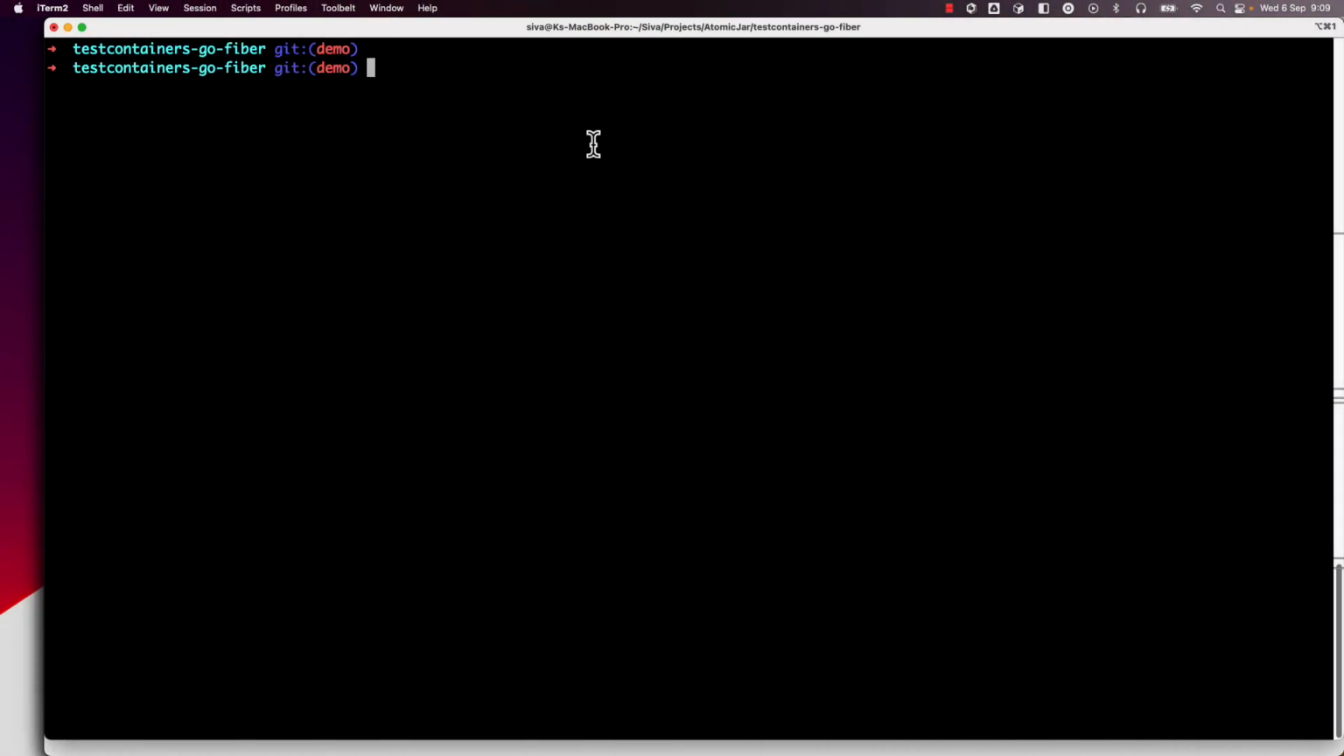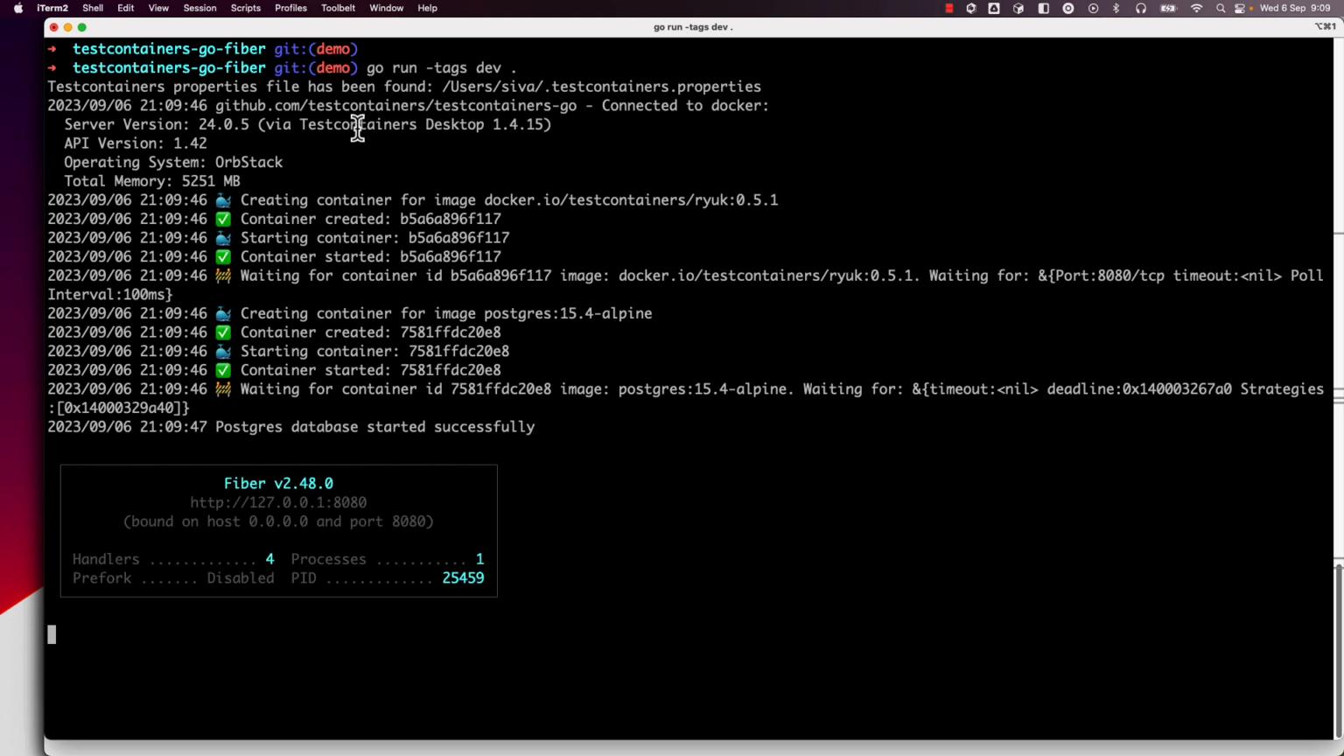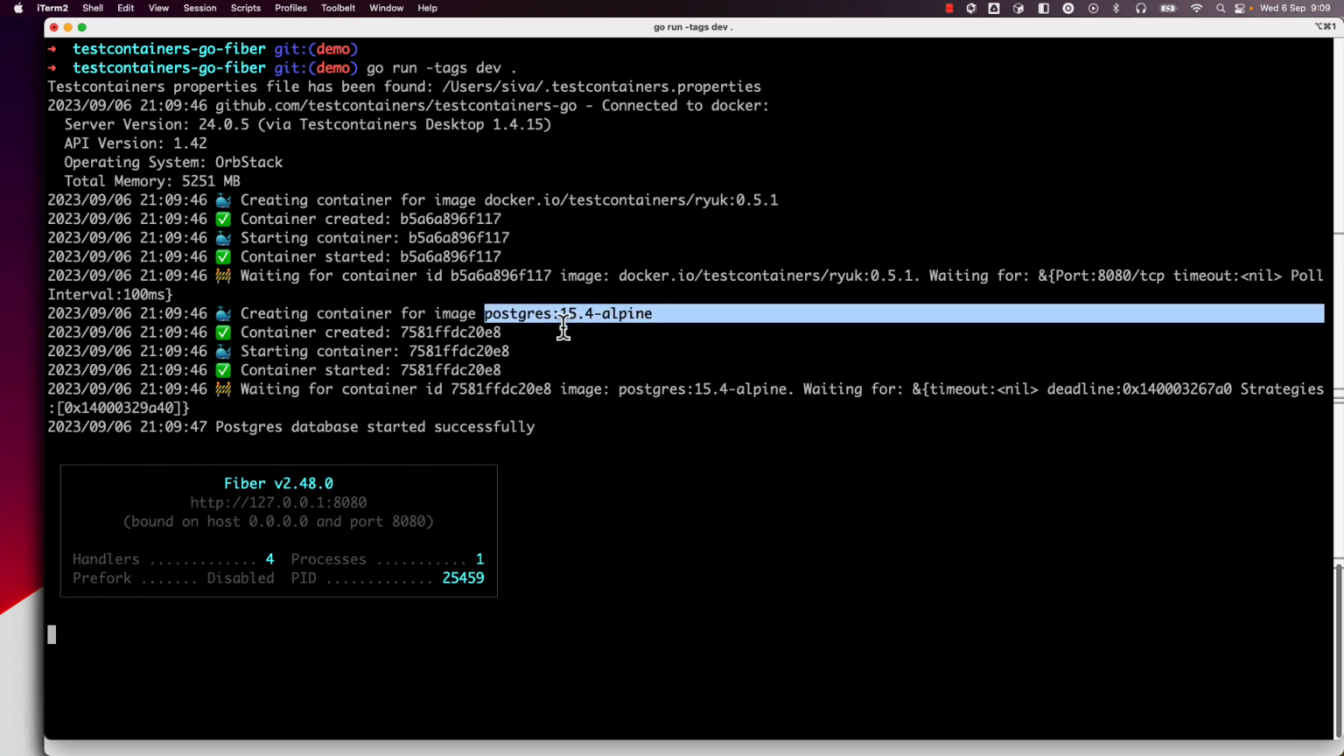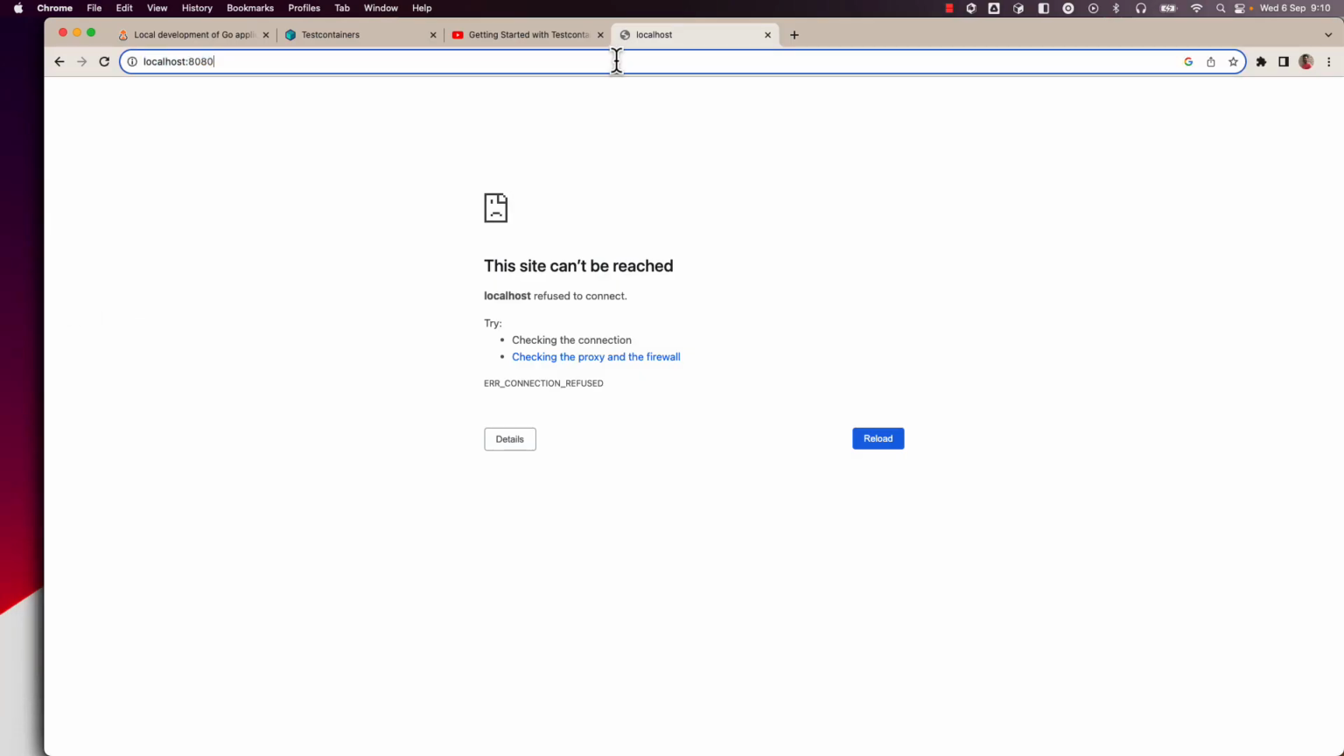Now in my terminal, I am at the root of the application, and here I can start the application locally using go run, but here I am specifying the tag dev like this, and now I start the application like this, and you can see using Testcontainers, it automatically started the Postgres Docker container and then started the application. Now if I go to our application at localhost 8080, we can see the root endpoint is giving a hello world response, and if I go to